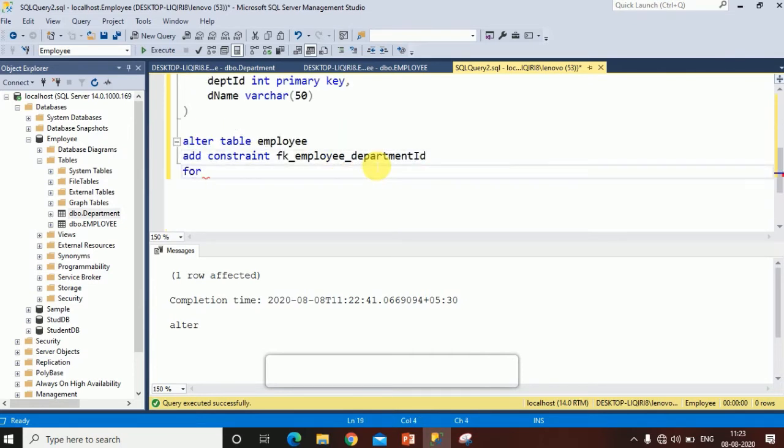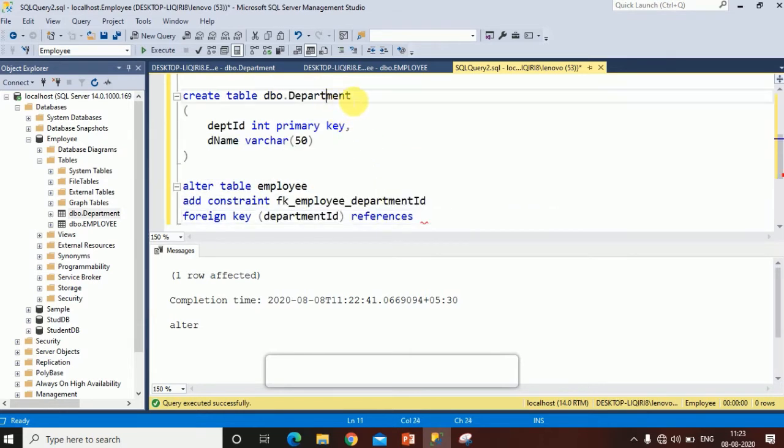Which constraint do we want to create? A FOREIGN KEY constraint. Foreign key on which column? The department ID column. And REFERENCES, the primary table, which is the department table. And which column?